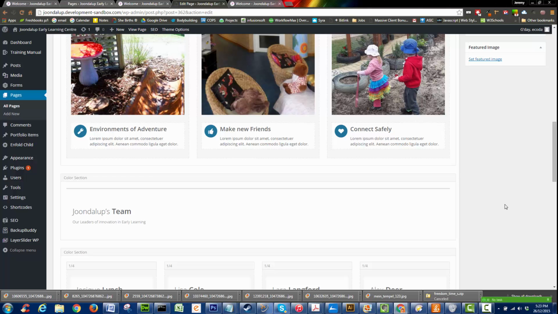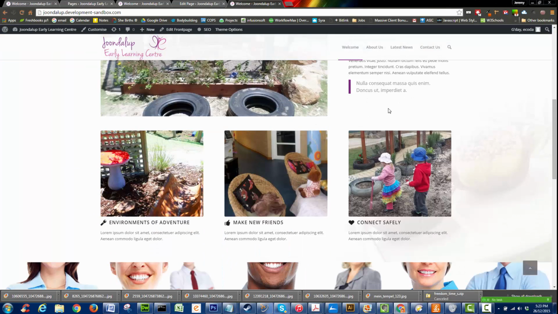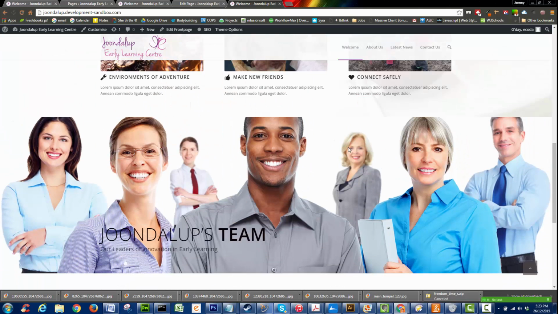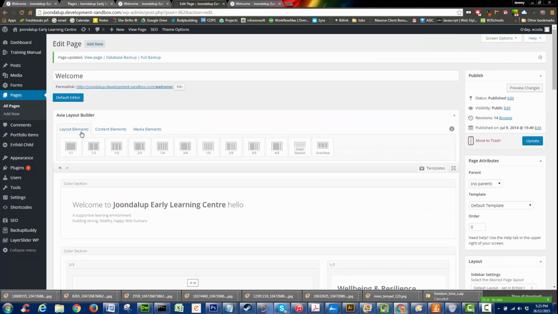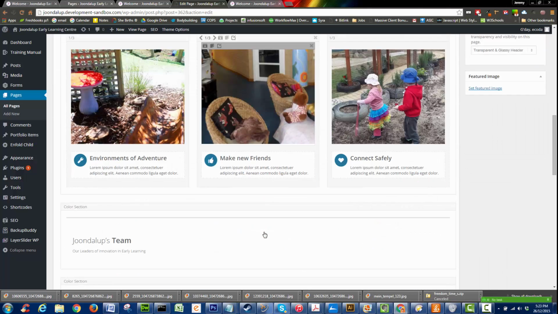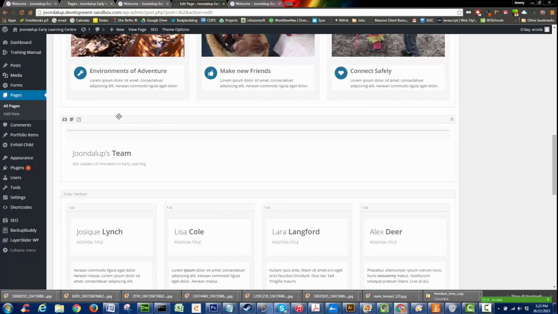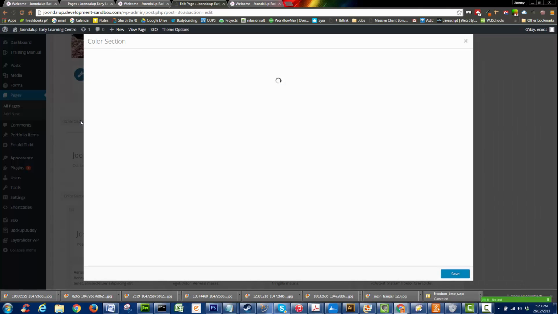In this color section, on the live site, we have a picture of you guys, right? You've got an American black guy in your team, and this is obviously a tea-tree looking person. Anyway, to replace this image, we need to begin editing this color section, which is actually a layout element. So you'll see over here, this is a color section. I would have dragged that color section down to this section here, and then clicked on the edit icon,